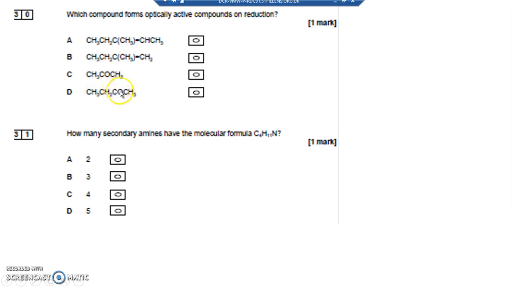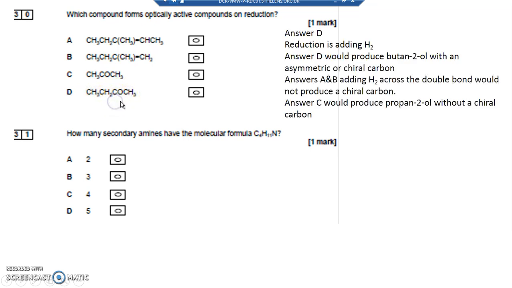Butanone could be, because when that O becomes an OH and an H by reduction with something like hydrogen and a nickel catalyst, or sodium borohydride, which would be another reducing agent, that would become an OH. There'd be an H on there, it'd have a methyl group and an ethyl group. Your answer is D. How many secondary amines have the formula